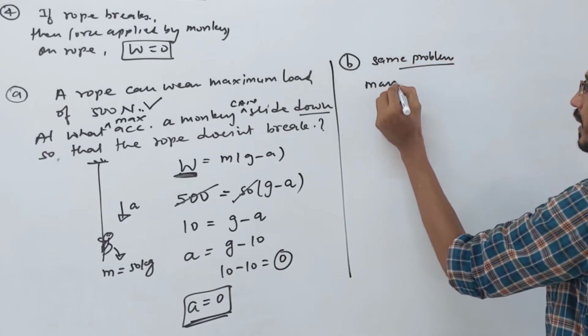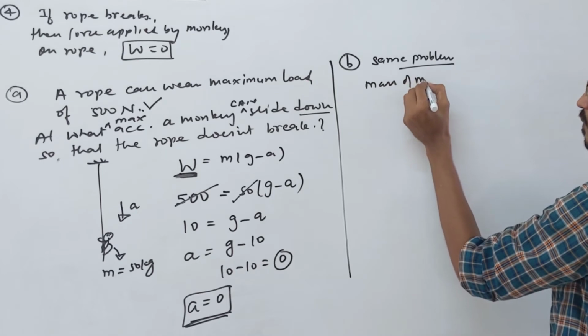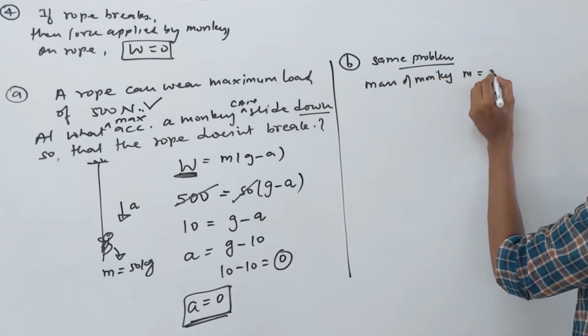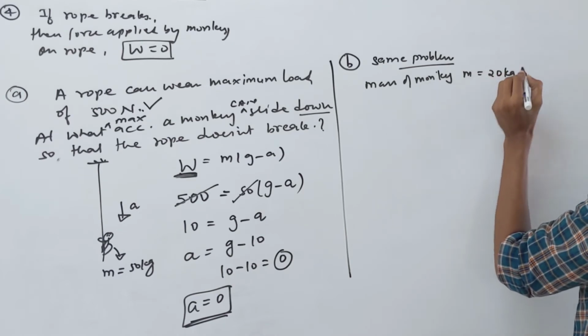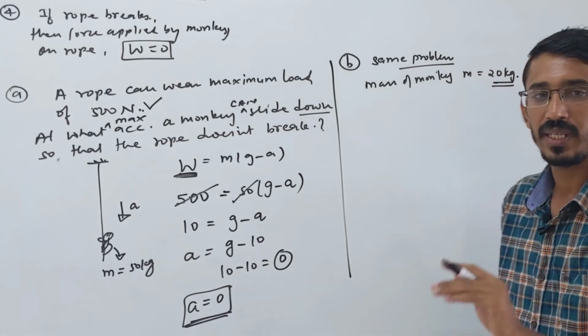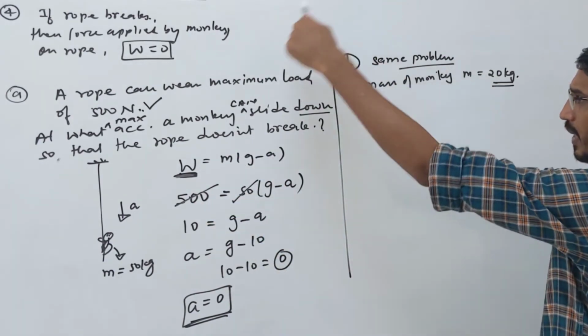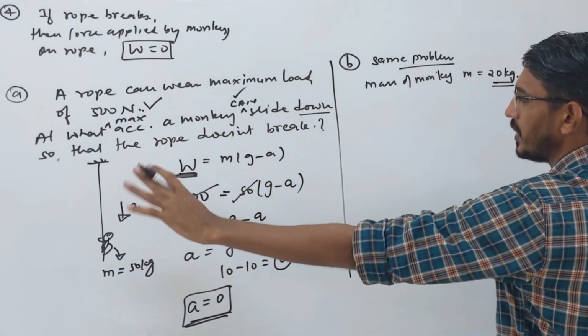Mass of the monkey, we are writing a different one. Mass of monkey that I am writing, suppose I write it as 20 kg. Okay, this is the mass of the monkey I am writing. Now how will that question change? Again they are talking about the same case only, everything is the same, I am just changing the mass of the monkey,